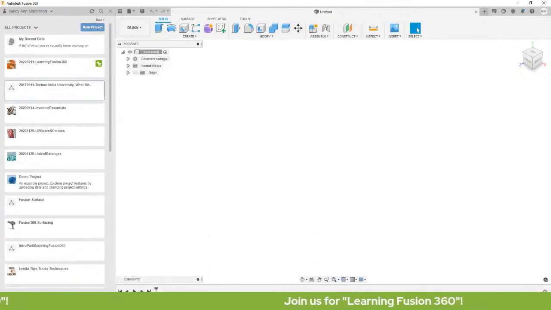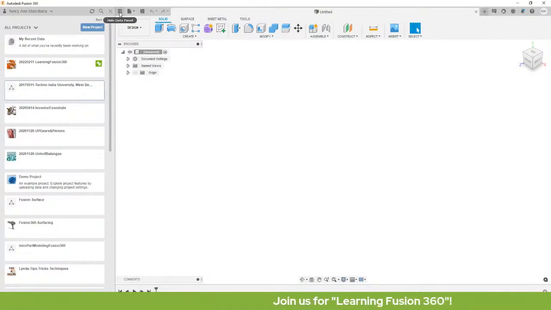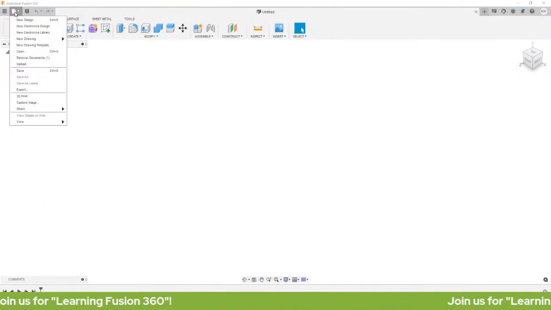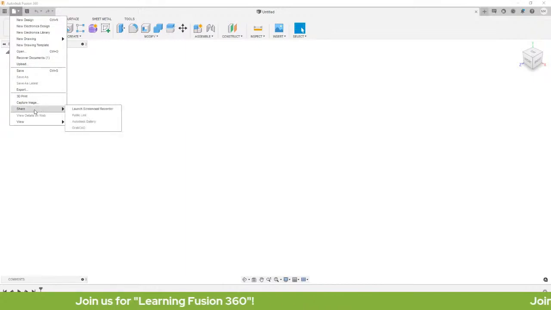Next, we have our application bar. In the application bar, we have our data panel. Let's now hide our data panel. This is our file menu. Here we can create, open, upload, save, export, recover, 3D print, and share designs.